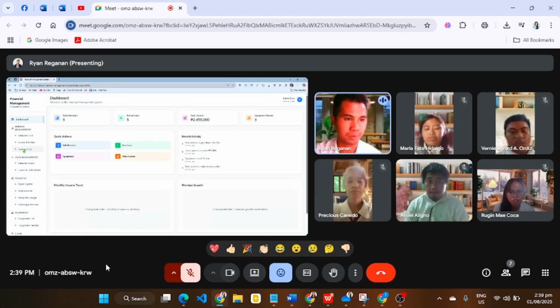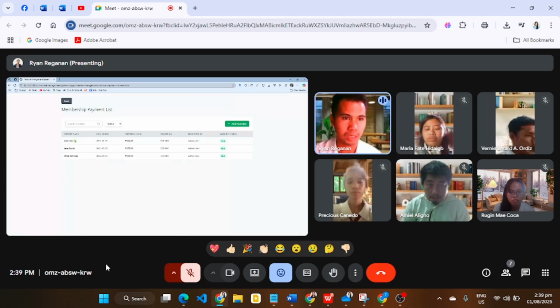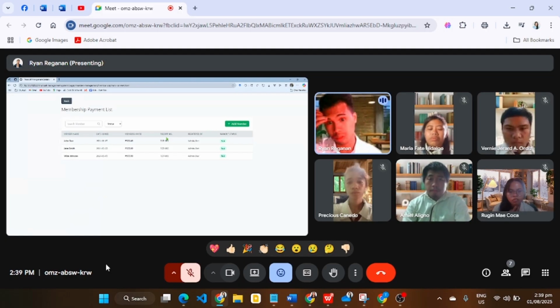The next one is the payment list. This is where the members under membership fee are located, and also their information like the receipt number and the user who registered that specific member.